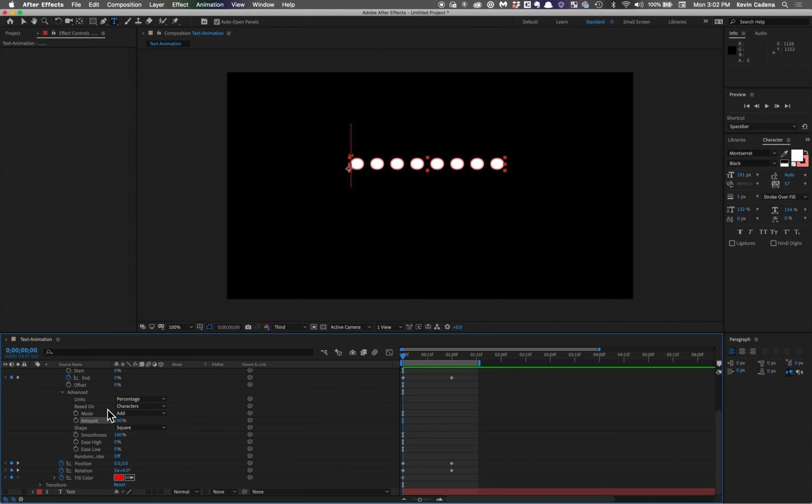They also have keyframe options available to them through the stopwatch. Finally, we have shape. And so shape is kind of a little difficult to explain, but it characterizes how this animation will affect the text element. So a square, for example, means that it will affect all of these equally. So as you see, each one is being affected. However, if I now change this to ramp up,